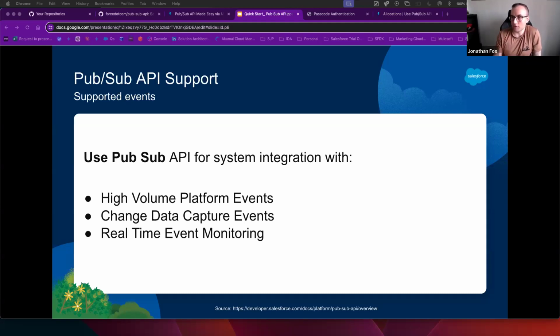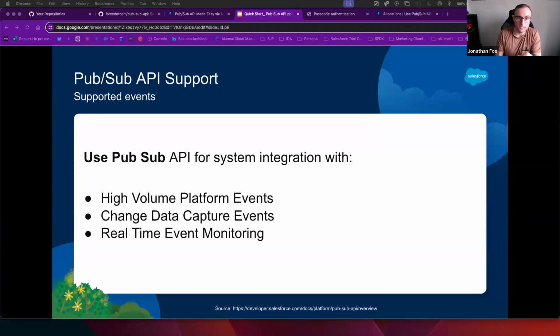If you have a look at real-time event monitoring and the real-time events, standard events, and Salesforce platform events, there are so many now about actions that take place on the Salesforce platform, things you can subscribe to in order to see what's going on in your org. Near enough every action and interaction on the Salesforce platform is now published as an event, if you've got the correct licenses and subscriptions. So realistically, whatever goes on in your Salesforce org, you can send to your external applications.